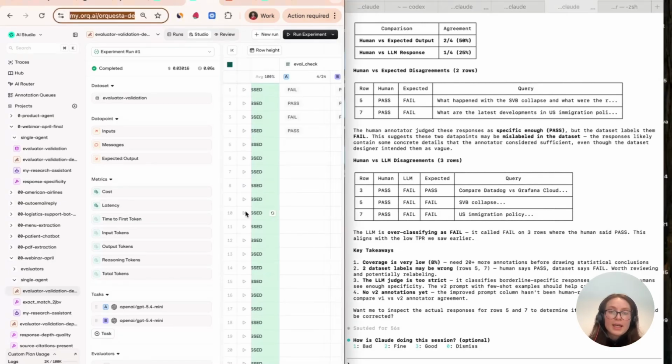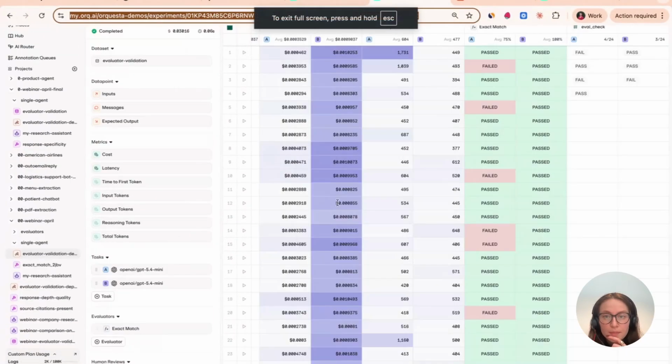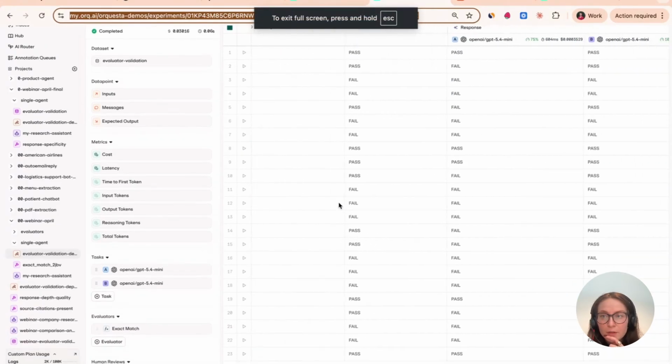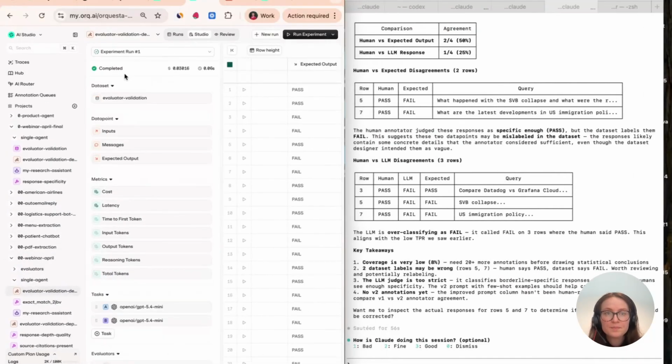So in the case of this example that I ran yesterday, the response depth evaluator that I brought from 75% to 100, it's overfitting, but let's say it would be 95. I did the annotation exercise. I actually saw myself that this evaluator seems to have very stable and very correct behavior. Then you want to add this to your production system.